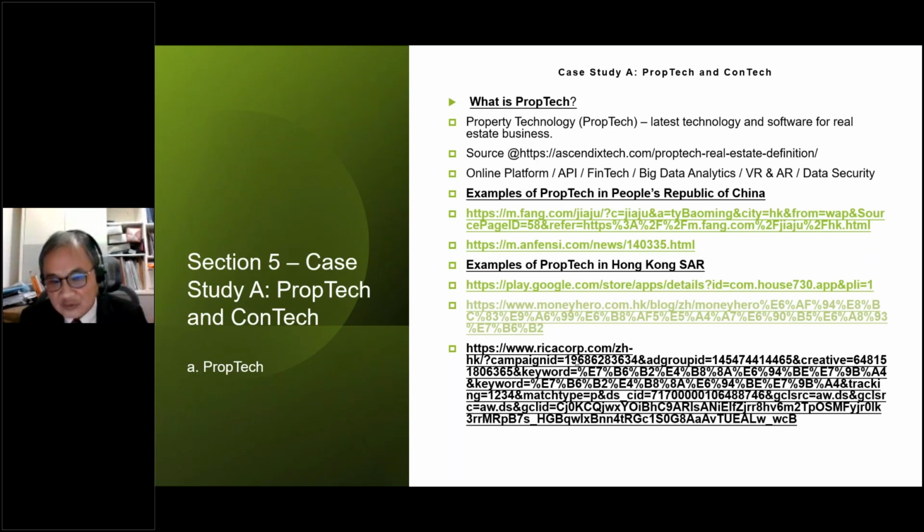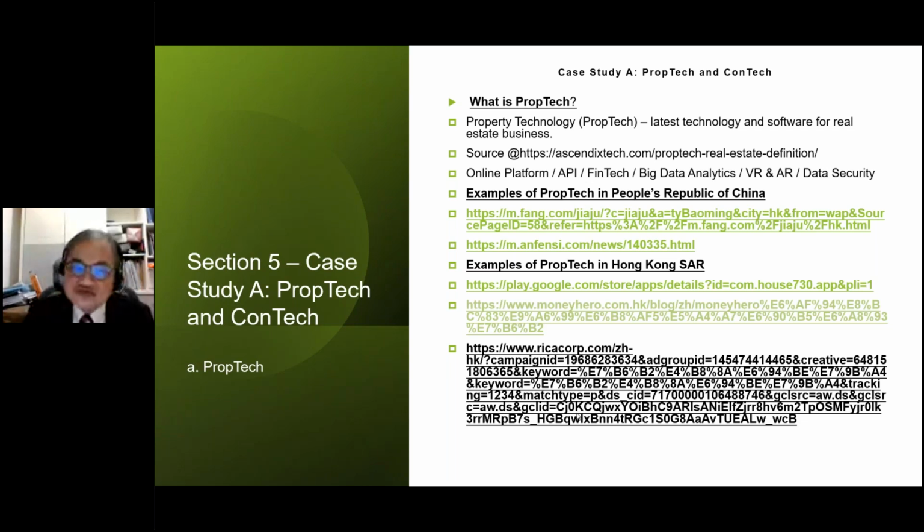In terms of proptech, we would say how we will use these IT solutions and big data solutions, in terms of technology and software, in the real estate business, and these are the examples of the use in China and in Hong Kong, and the audience can just click into this web link in future.